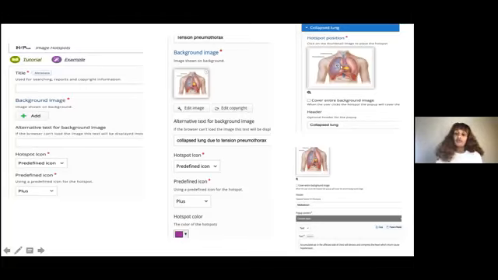For example, if the student touches this blinking icon, the explanation about the collapsed lung will pop out, and if the user clicks this colorful icon, the explanation about the mediastinal shift will appear. So interactively, we can teach or introduce our users to the image. This is a good way for explaining the materials interactively.